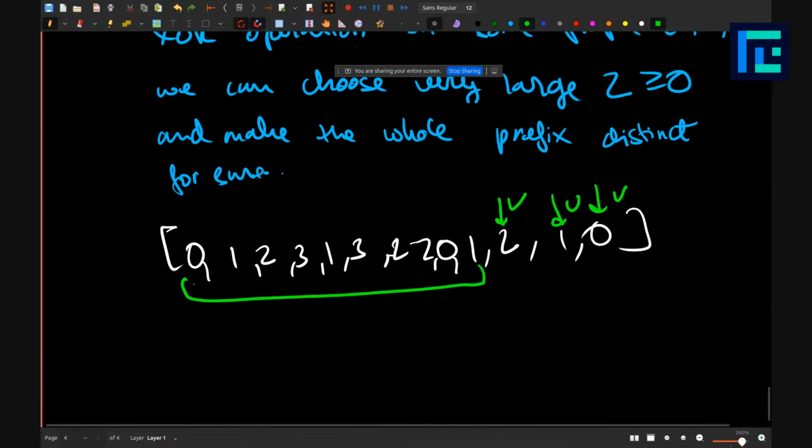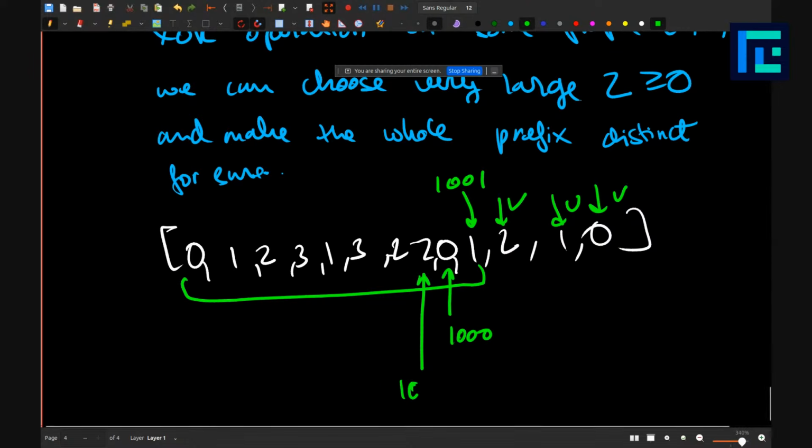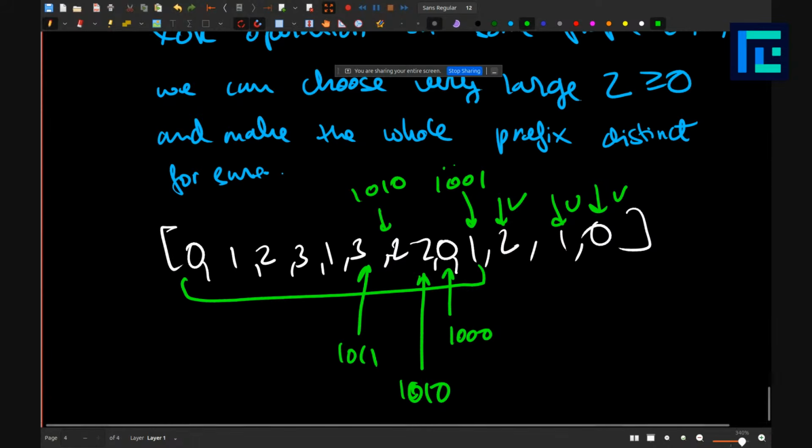So what we'll do is we'll take this whole prefix and XOR with some large z, okay, large z, and let's say it's like 1 0 0 0, because for this array this is a large z. So assume we have XORed with that. So now this value will be like this, basically we're writing it in bits, right? So this value is going to be something which looks like this, and so on. So basically there's a bunch of zeros and then the final values are repeating again. So basically by XORing by a large value,